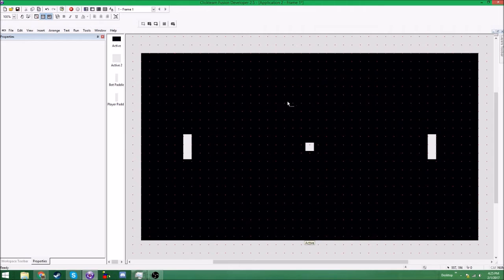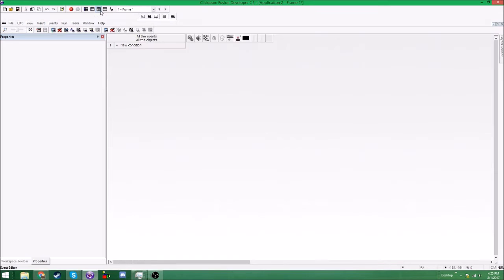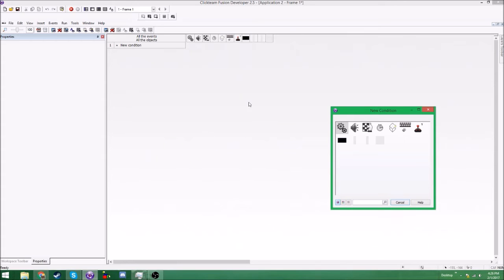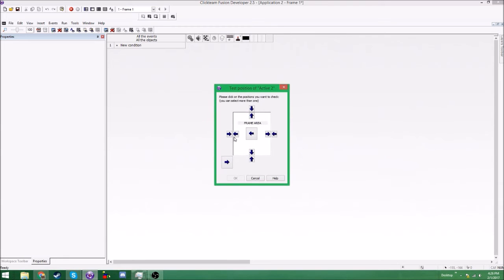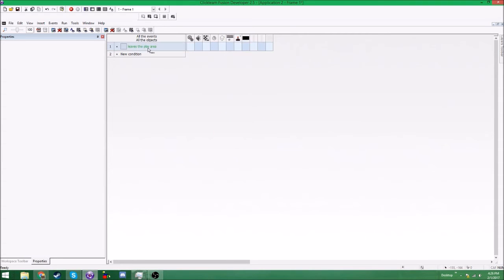And now we are getting closer to making the game. We're going to go into our event editor, which is basically the programming side of Fusion. It makes it all visual though, and there are also actual line by line codes you can make, but this is the basic way and the most used way that you can program your game. First off, we're going to want to make sure our ball cannot bounce out of the arena, so we're going to do test position of active 2, which we'll name ball when we get back. And this is basically testing to see if it hits the border of any side of the play area. So if it tries to leave the play area, we will make the ball